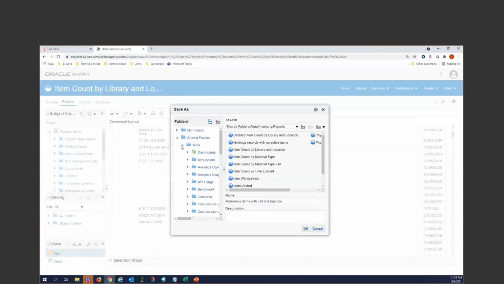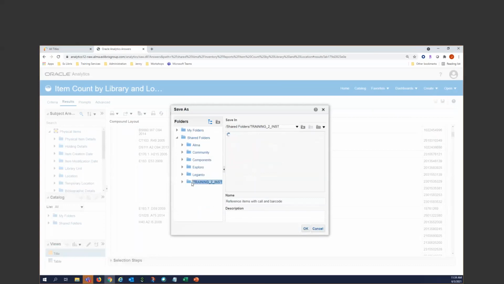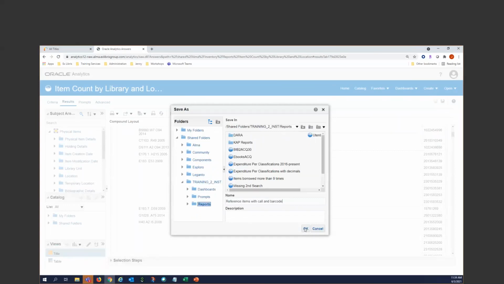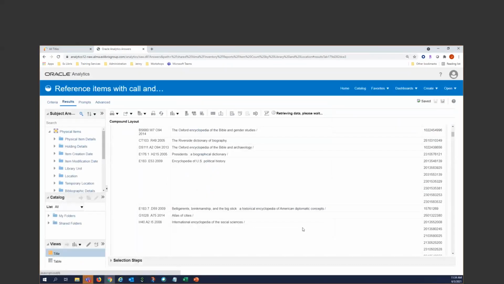There we go. And I want to save this in my training folder under reports. Boom. So now I've taken another out of the box report. I have copied it. One more caveat I always like to give about reports is if you do borrow a